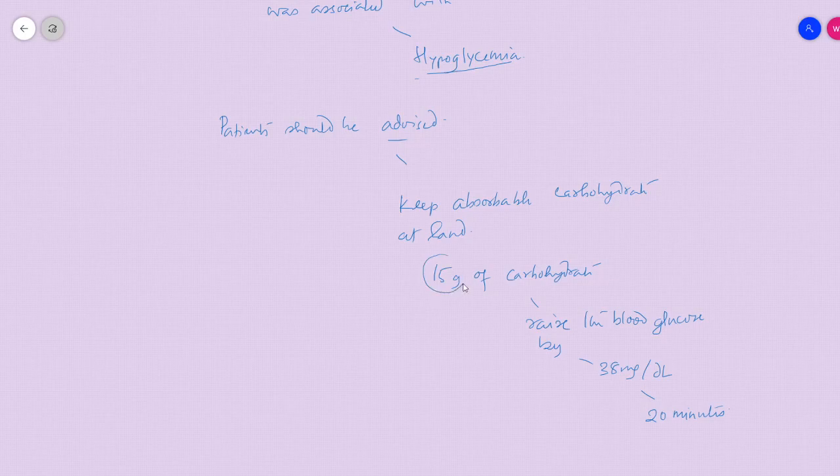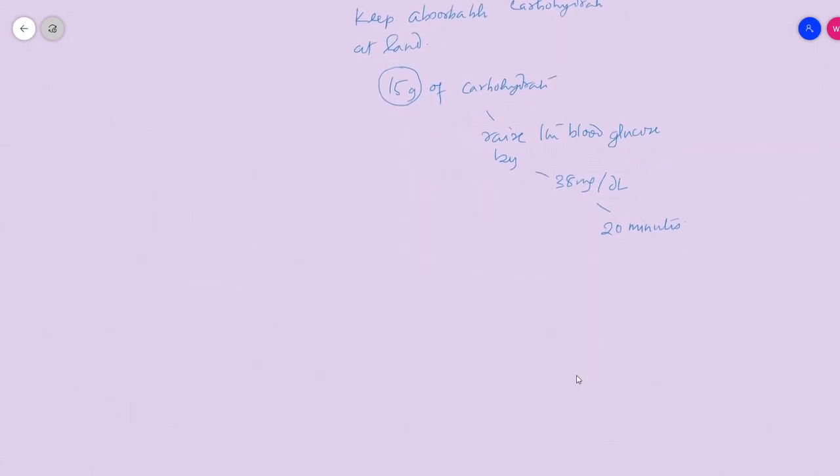So now the question is, where could the patient get 15 grams exactly? Why 15 grams? Why can't it be 30 grams? It's because if excess glucose is given, then that can lead to hyperglycemia. We don't want that happening either. So this 15 grams would be available from about 3 glucose tablets, or 1 tablespoon of sugar dissolved in water,